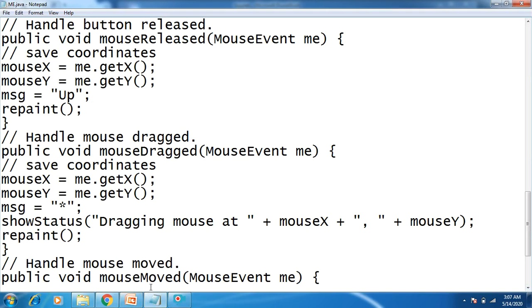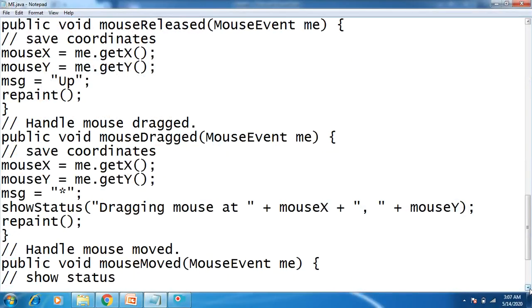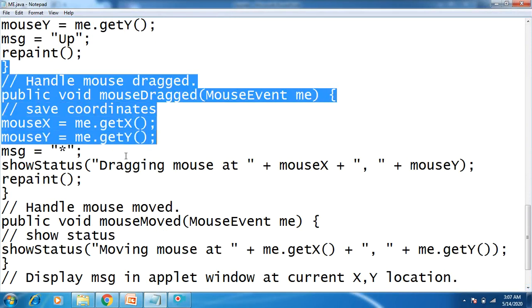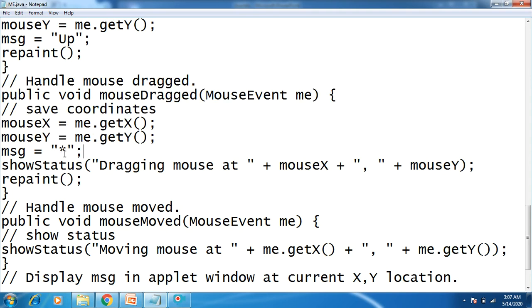Then mouseDragged and mouseMoved. So these are the two methods available in the MouseMotionListener interface. For mouseDragged, suppose you click the mouse and just go on dragging it, at that time you will be able to see the message with a star showing the status dragging mouse at so and so coordinate values.